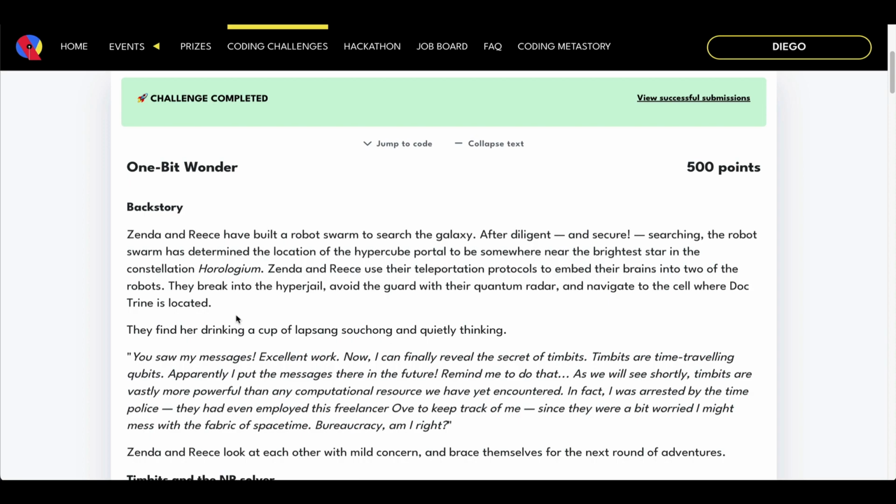This is problem 23 of the QHack 2023 Quantum Coding Challenges, and this one is entitled One Bit Wonder. Now, similar to problem 21 on polywords, this problem is quite challenging because it requires us to be familiar with a lot of different concepts. As a matter of fact, I would say this is the hardest problem of all the ones in QHack 2023,